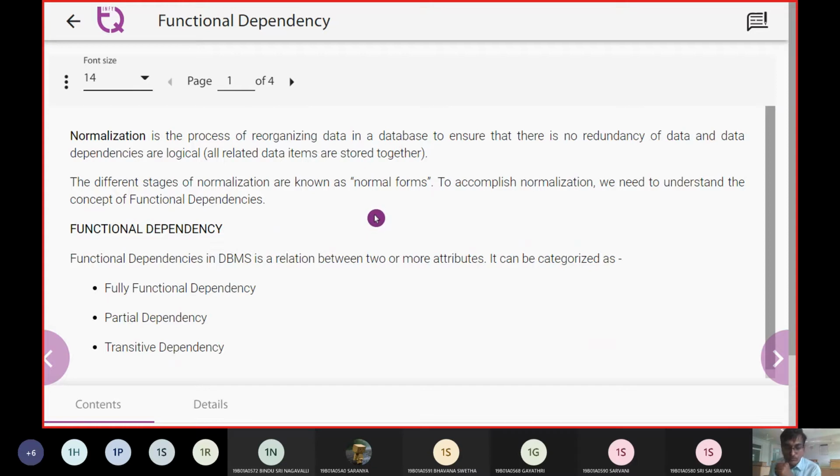the content. So now let us see what normalization was. The process of normalization was just reorganizing the data in the database and ensuring that there is no duplicacy of data, and that the data dependencies are taken up very logically. So the process of decomposing, as decomposition, and this decomposition is going to happen via this normalization.